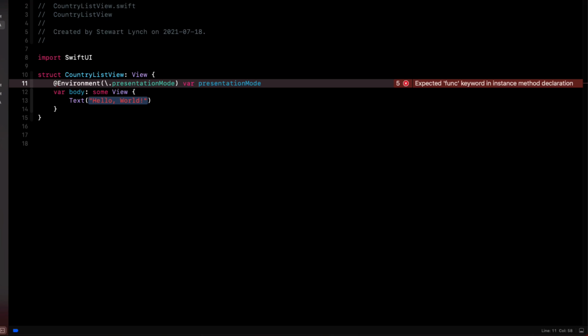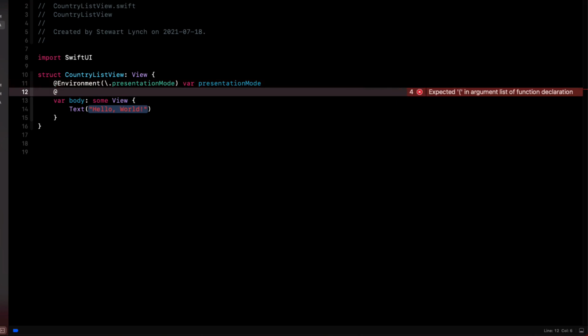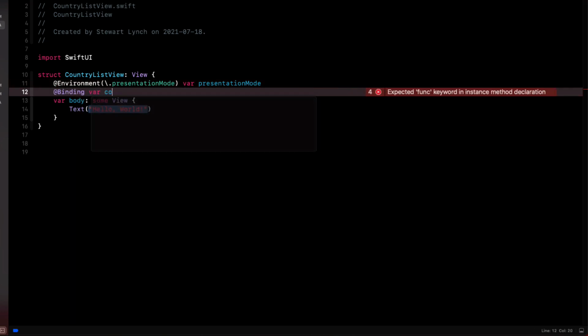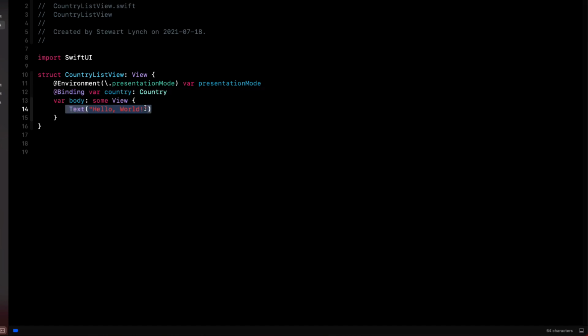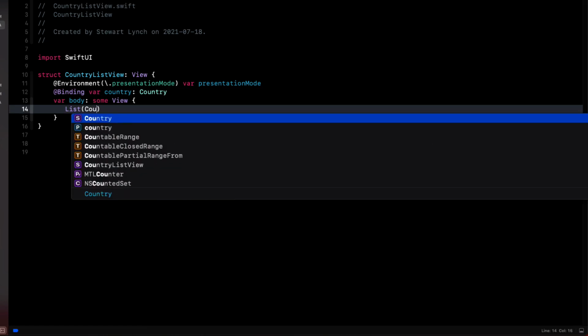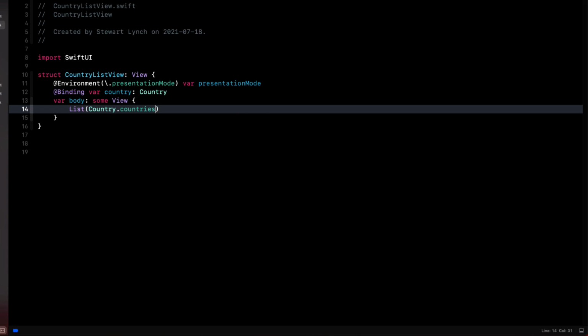We also have to pass in a binding to the current selected country so that when we tap, we can update this value and dismiss the screen. For the list then, we iterate through the country.countries. And then for each country,